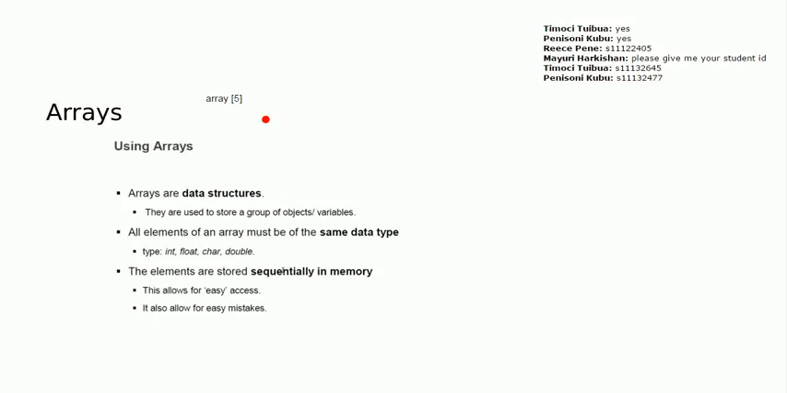For example, of type string, or let's say of type char, or type int, or type double, etc. And every element, it means all the 5 elements in that array, need to be double, right? The elements are stored sequentially in memory. What does that mean? That means that,